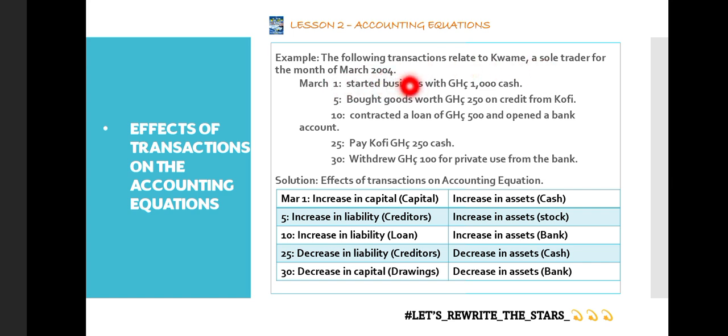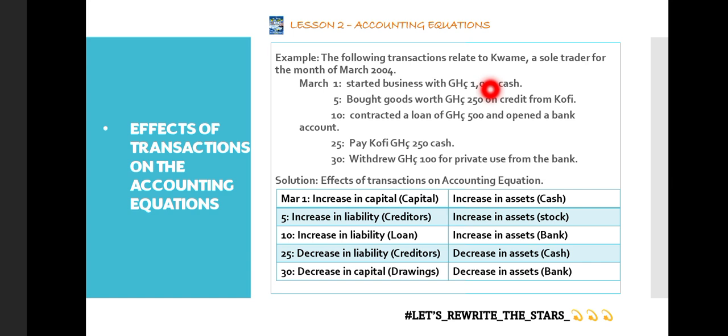And what was he starting the business with? He was starting with cash. The cash of what? 1,000 Ghana cedis. So the two accounts we've identified within the 1st March transaction are capital and cash. Now, he is introducing it into the business, because I told you, the business at its real state will have a zero capital. So because he's now introducing 1,000 Ghana cedis,